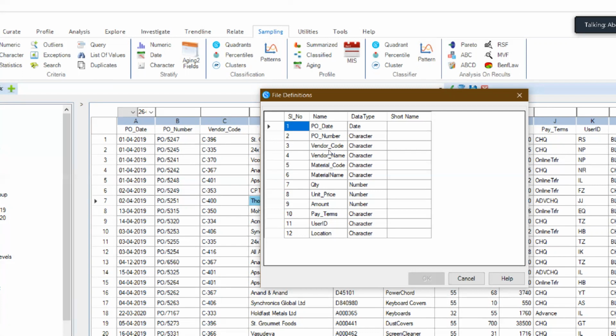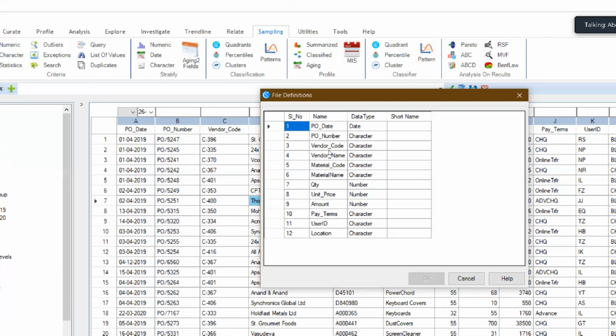Now let's look at the unit price. Each material code is supposed to have a unique unit price, but the unit price may also vary. So based on the quantity and the unit price grouped as per the material code or the material name, I should be able to find out the variance for the purchases based on the unit price.